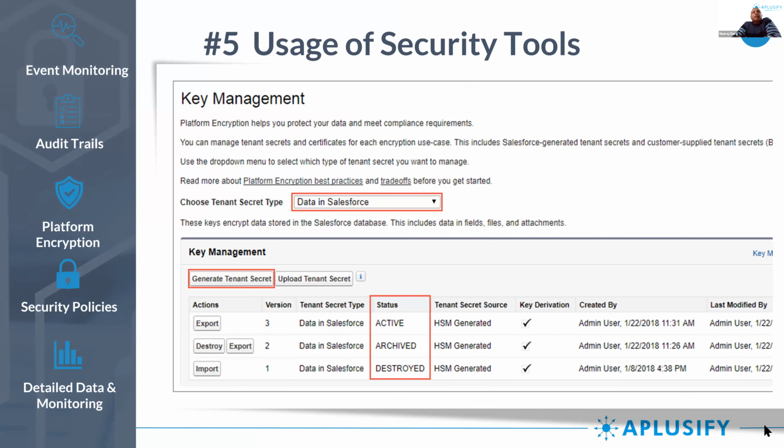Next, what we generally recommend to all our customers, if they can, is this: obviously Salesforce provides some basic settings, but if you really want to enhance your settings, you should use some kind of security tools. For example, Salesforce provides something called Salesforce Shield, which is a security tool.